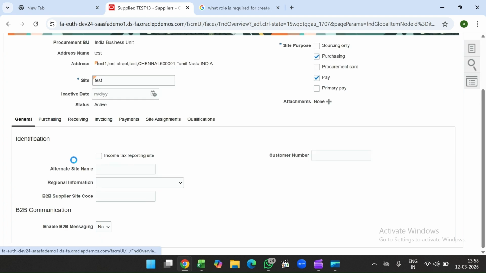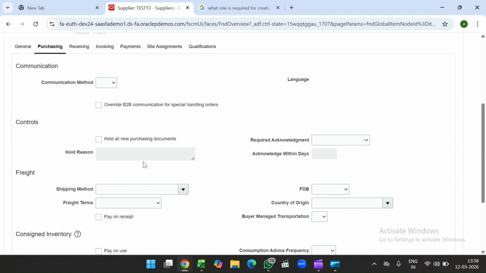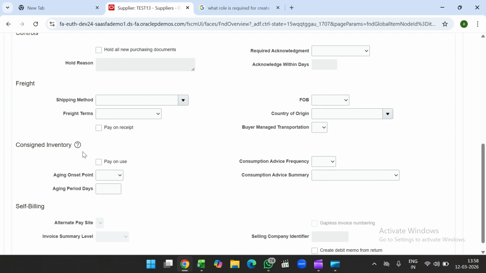Here something is important: you have to communicate with the site by email or something, and then consign freight, the shipping process, meaning how you are going to receive the material, how the supplier should send the material to our warehouse. Those information you have to mention here. Then consigned inventory. Consigned inventory means the supplier's own inventory. The supplier sends the goods to our inventory, but we are not paying any